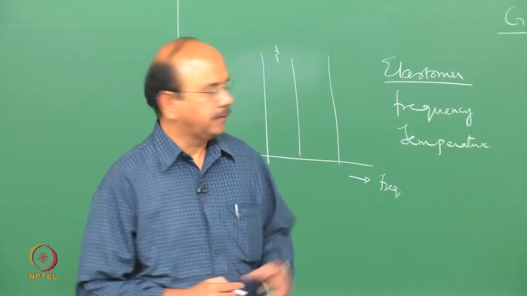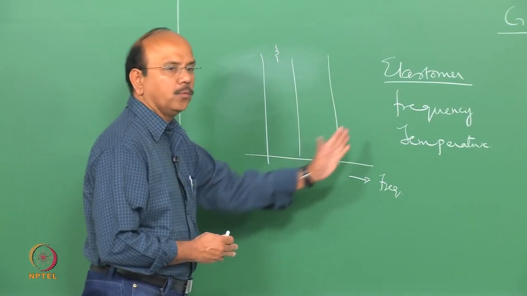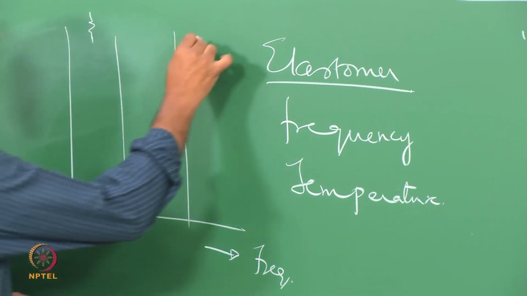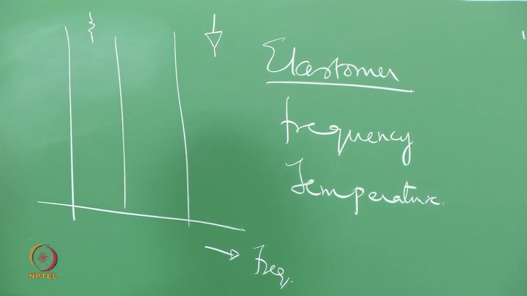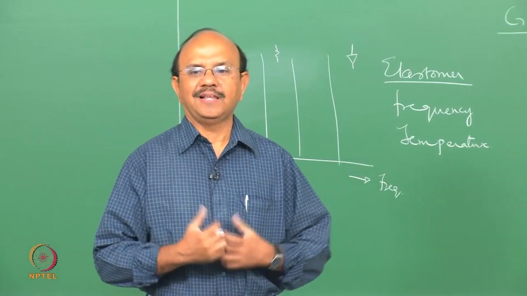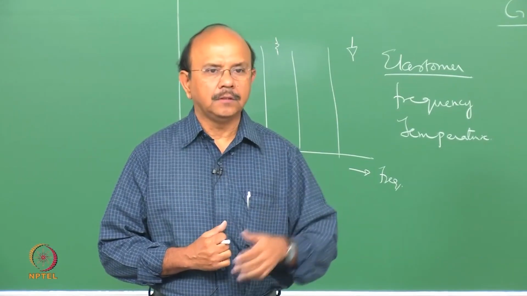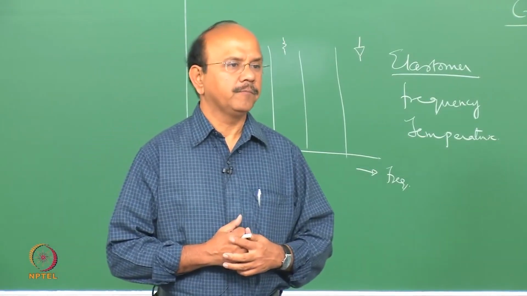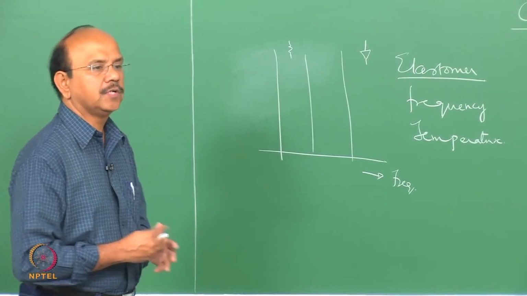And in another region where the frequencies are very high, it becomes very rigid, something like a very rigid part, essentially because it has to slide back to its original position, and the sliding back is affected by the interaction of these long chain molecules, macromolecules, with others which are present, and hence it becomes rigid. And between the two regions we have